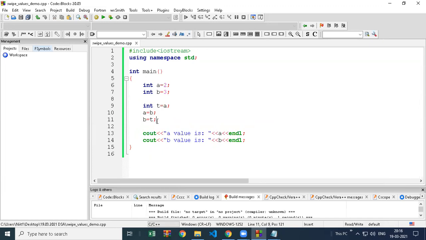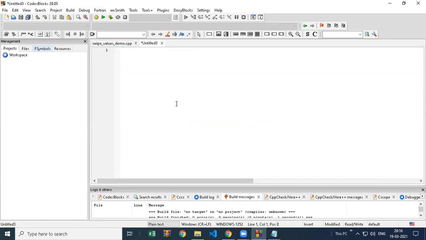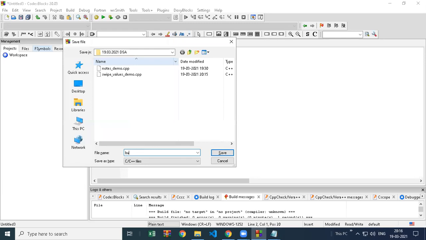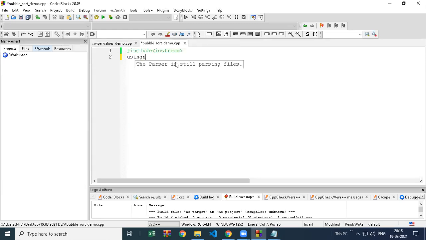Okay. So let's create a bubble sort code now. As I told you, it's just 4-5 lines of code. 6 lines including if else, hash include. So code wise it is very small. Bubble sort is the simplest sorting algorithm we have, because code wise it is small.